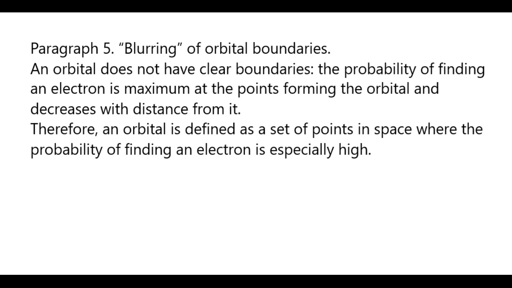Paragraph 5. Blurring of orbital boundaries. An orbital does not have clear boundaries. The probability of finding an electron is maximum at the points forming the orbital and decreases with distance from it. Therefore, an orbital is defined as a set of points in space where the probability of finding an electron is